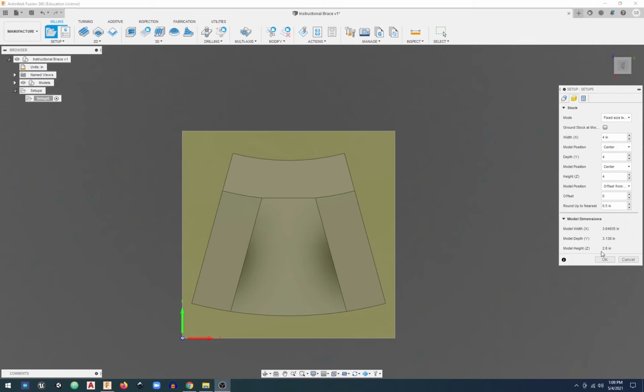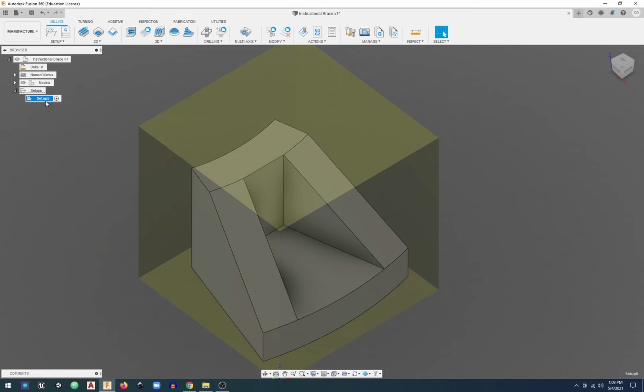And so maybe in the beginning you only need one setup. You would need multiple setups if you ever wanted to have different work origins. Usually I do this if I'm flipping a part over. So I'd do the top portion and then I'd have to flip the part over and machine the other side. In that case, I would need to set a different setup with a different work origin on the other side of my stock. Now under that setup, I can go ahead and create my toolpaths, and those toolpaths will live